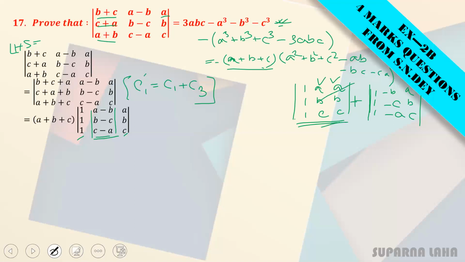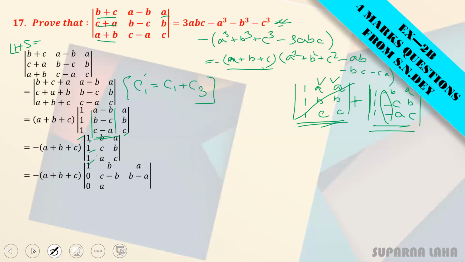So we don't need to write this determinant. Write only this determinant and take this minus common. So write down this one, that is minus of a plus b plus c, and 1 1 1, b c a, b c. Now 1 1 1. So let's apply this one, that is make it 0. That is c minus b, a minus b, and this is b minus a, c minus a. So we are applying R2 dash is equal to R2 minus R1, and R3 dash is given by R3 minus R1.